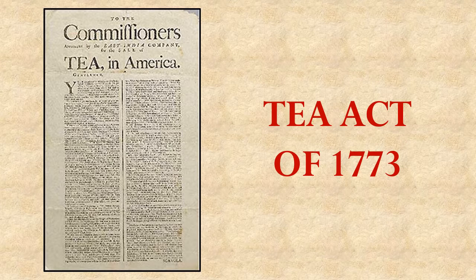As part of this law for the tea tax, the government in England created a monopoly for a particular company to sell all the tea that would be sold in the colonies. And that company was owned by the government. So the company would come in, sell the tea, collect a tax, pay it to the government, and the government would be happy, and the colonists were just going to keep buying their tea, they thought.